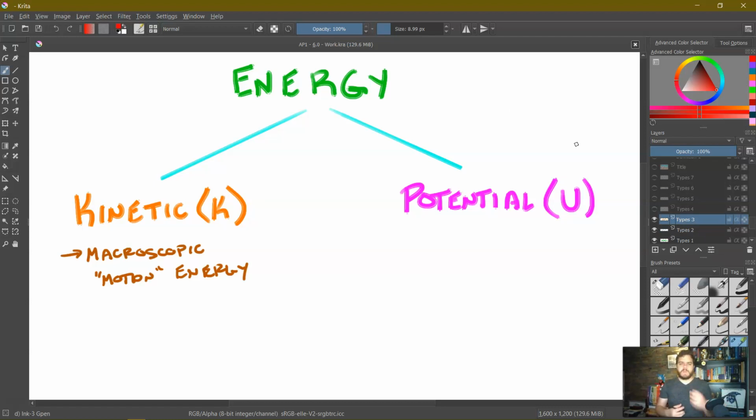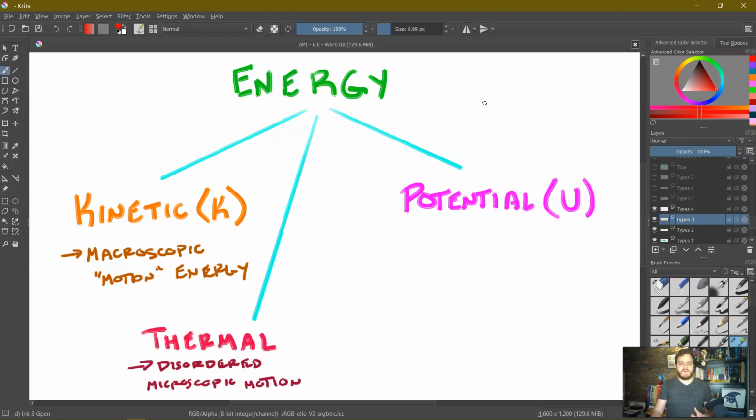And it's pretty important that we're talking about macroscopic objects here. So if I move around, if I throw this stylus, if anything around you is moving that you can see, it possesses kinetic energy. Well, what about on the microscopic scale? Well, the thing is, if I zoom in, even though right now my body as a whole is not moving around the room, so it doesn't have a whole lot of kinetic energy, if we looked at all the molecules that make me up, they would be vibrating quite a bit. And those vibrations are all in random, somewhat disordered directions, and that would actually be more of thermal